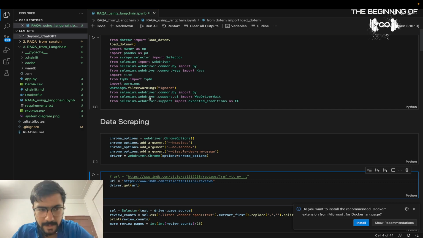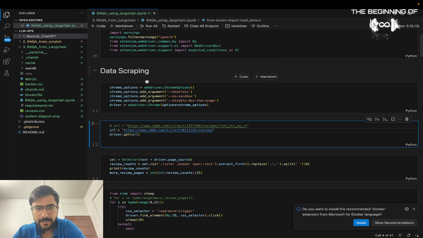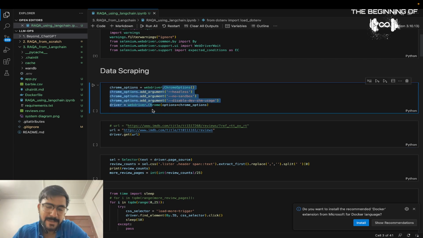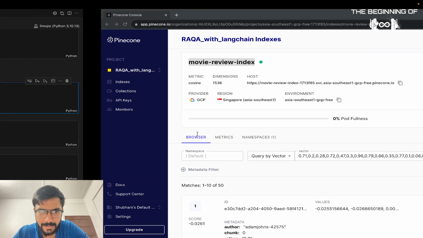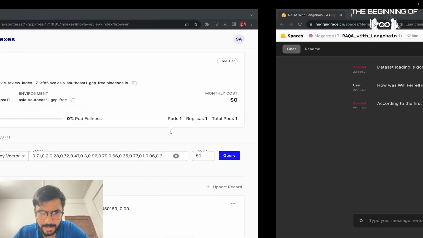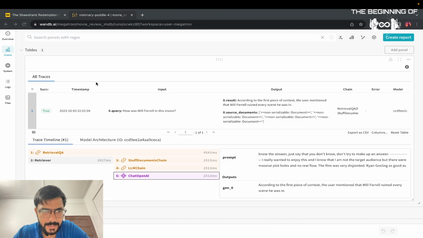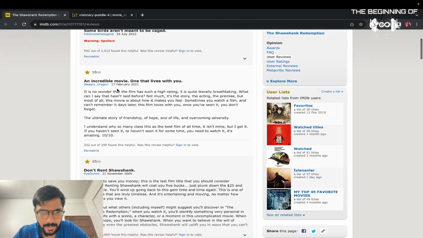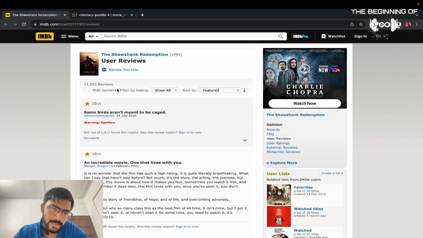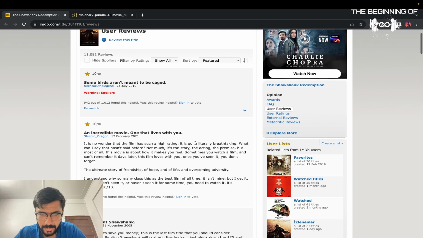Coming on to the code, over here we are using Selenium to download the data set. It's basically to scrape the data set. When we go on to the URL, this is what the URL looks like. This was for Shawshank Redemption. There were some issues on the Selenium end from my side, so it was not really running for a really long time. So I went back and did it for Barbie, but I'll show you what exactly we're